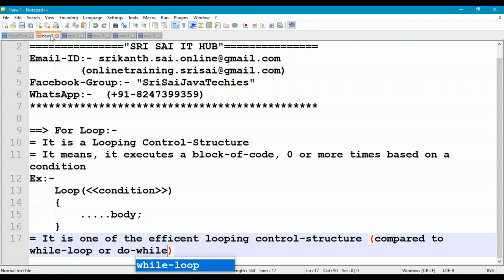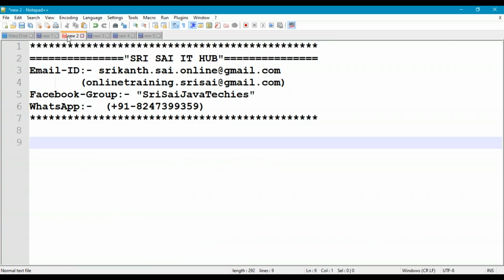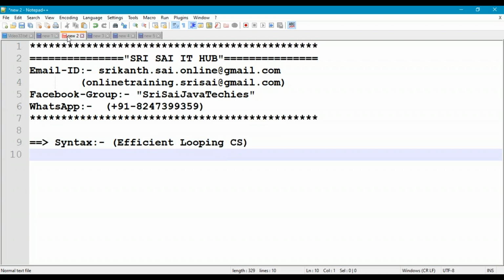Why is it an efficient control structure? Let us try to understand. Let us take the syntax. So it is efficient looping control structure. Why? Reason: